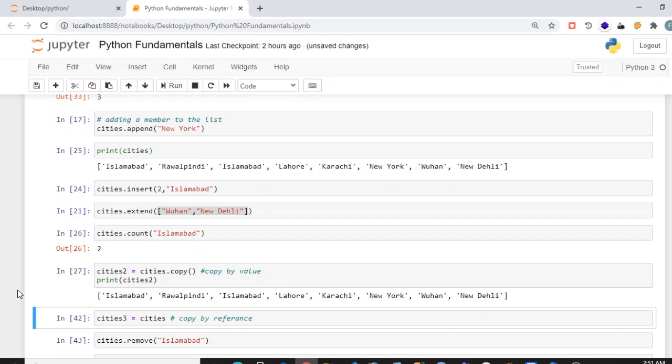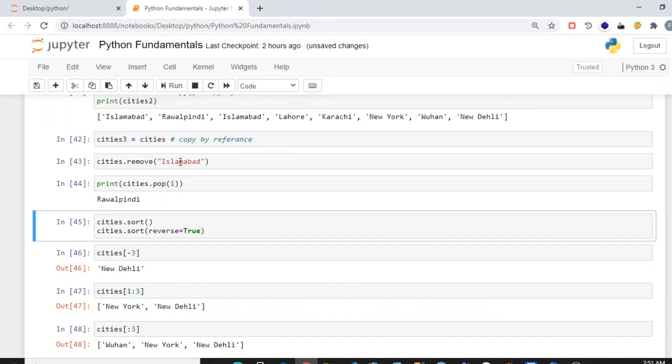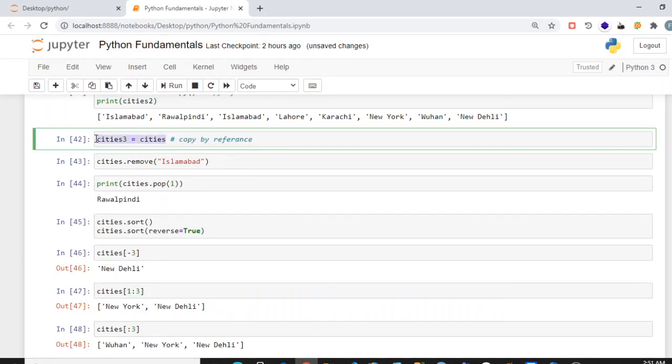It will create another list, and all the values will be copied to it. But if we directly assign like this, cities 3 is equal to cities, it will be copied by reference. It will not create another list, while the cities 3 variable will be referring to the cities list as well.